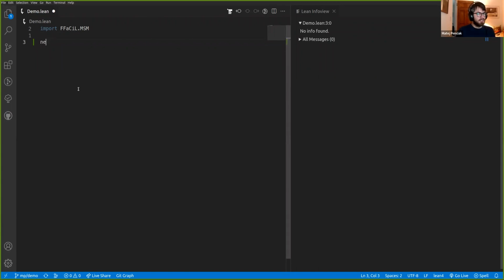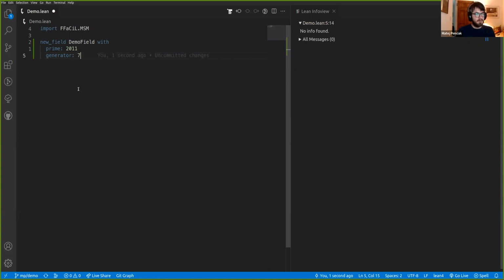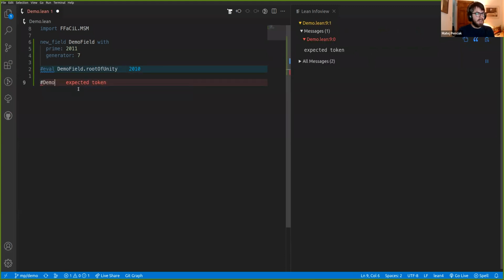So let's define our field. This is a field which is going to be characteristic 2011, and we need to have a generator, say generator 7. I checked 7 is a multiplicative generator for Z mod 2011. We can check things like, we can calculate the root of unity in this demo field. We have